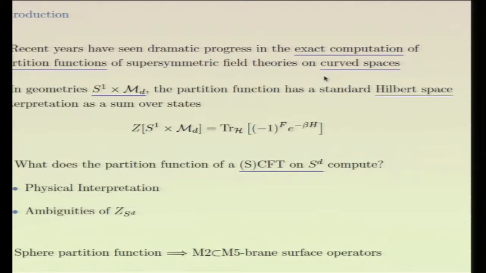Okay? So the thing that I will try to describe today are two related questions. It's what are the ambiguities that the partition function of a conformal field theory on a sphere has, and what is the physical interpretation, if it has one, of